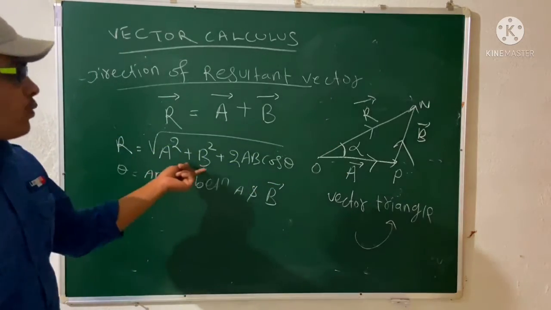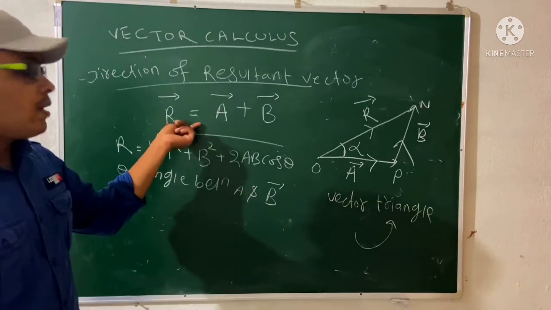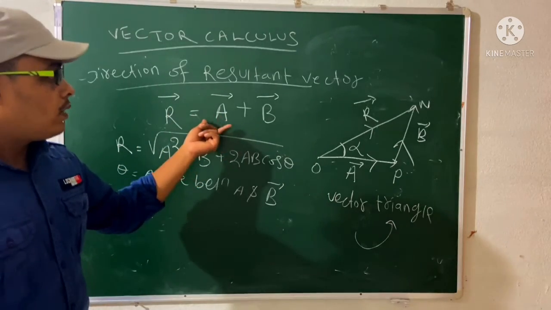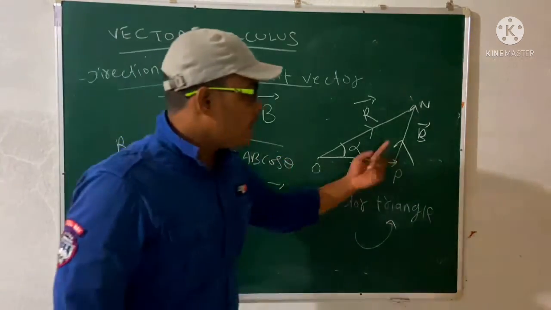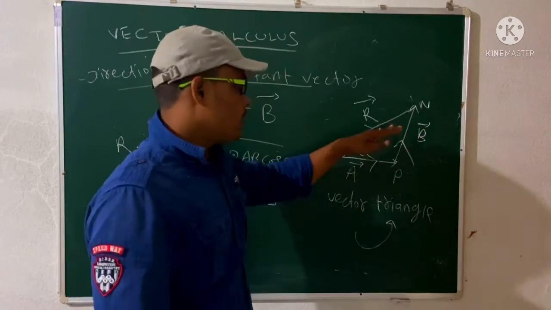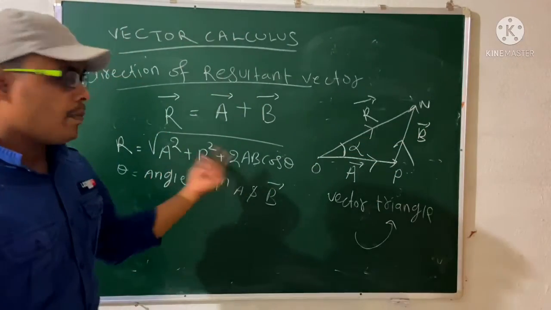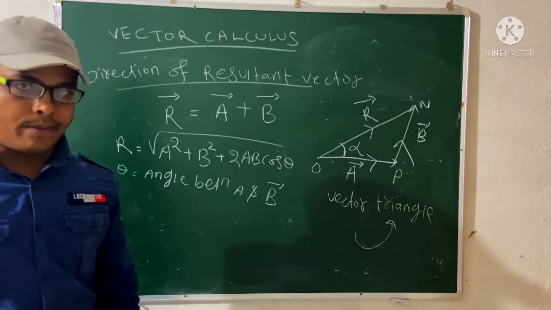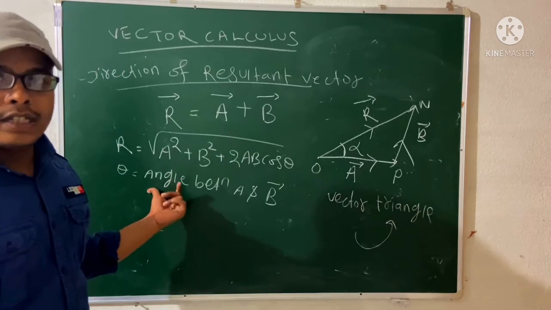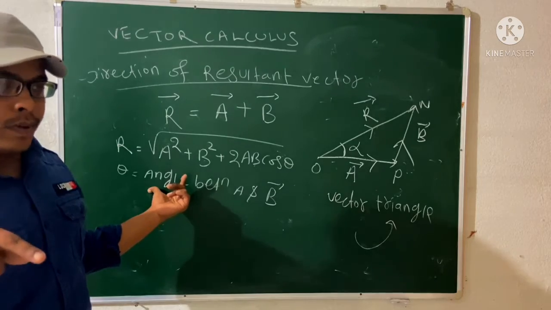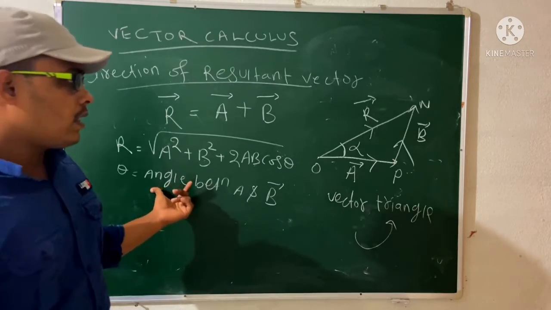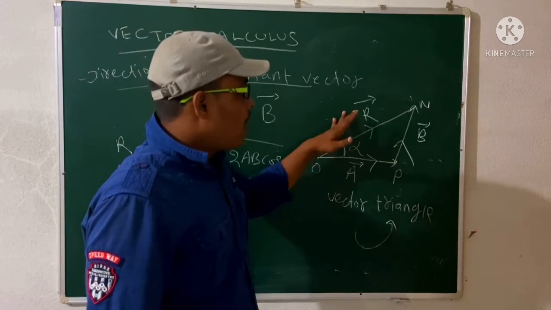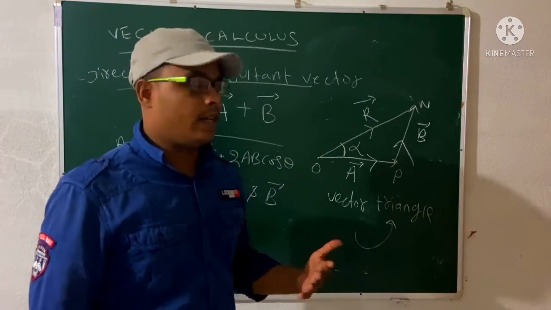So this is the magnitude of the resultant vector, and this is the vector addition. This is the addition in vector form, but this is different: A and B are on the same path, R is on the opposite path, and this is the magnitude. Theta is the angle between the A vector and the B vector. You can find this theta using the dot product or cross product that we discussed in the previous class. Then how will we find alpha? That means, what is the direction of the resultant vector?